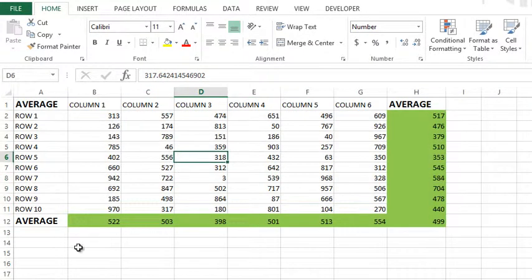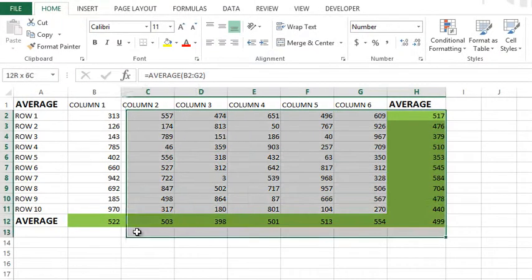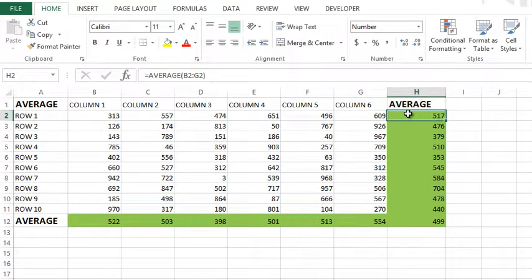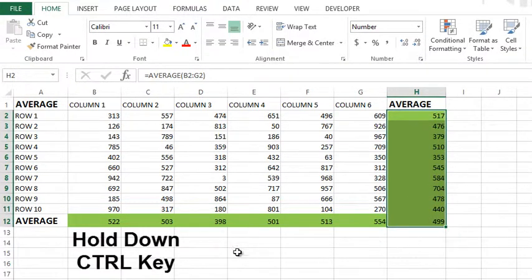Another keyboard shortcut for you in Excel, and this is quite a useful one, is if I want to select non-adjacent ranges. Let's just say I wanted to change the fill color of these cells. Well, I can't really highlight them because it's going to grab everything in between. So what I'm going to do is select the first range normally, without holding down any keys, and then I'm going to hold down the Control key.